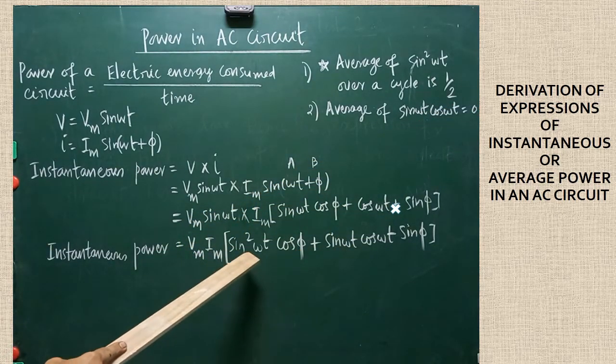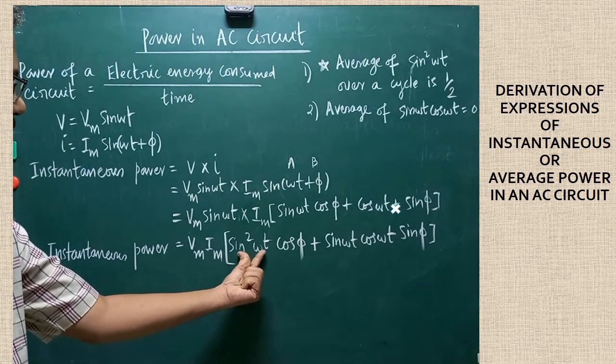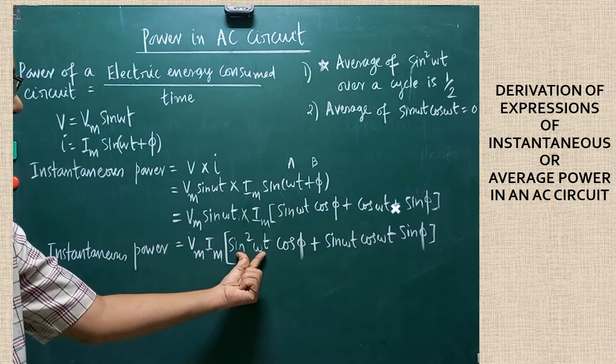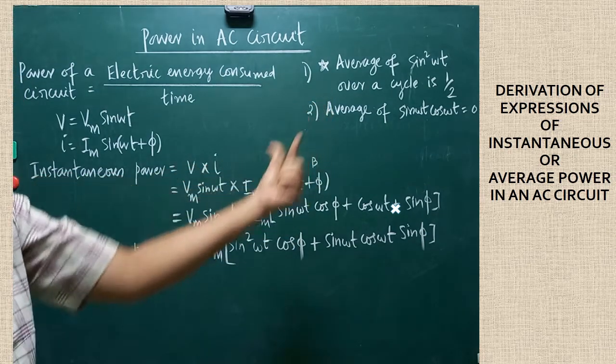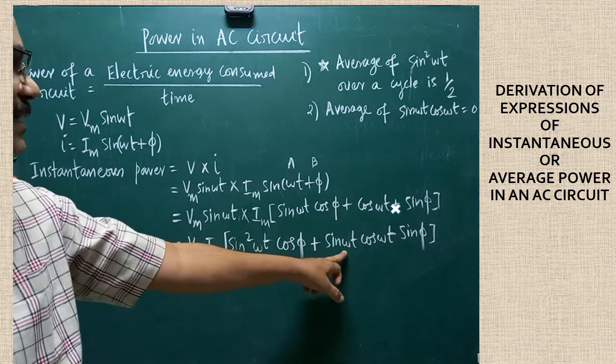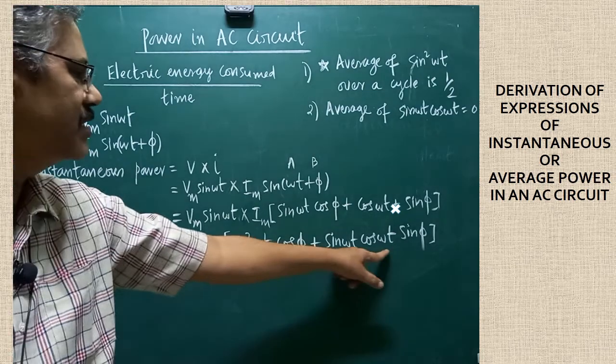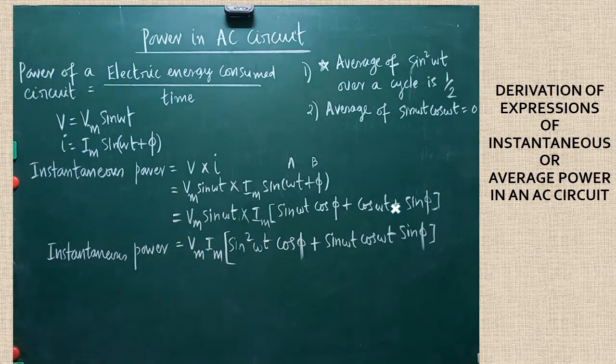Look at the expression, this part. Here we are calculating the average value now. Clear? The next step, we are going to calculate the average value. To calculate the average value, this part must be taken, and its average value is half for a complete cycle. Like that, in this part, sin omega t cos omega t is there. If you calculate the average value of this part, that one will be equal to 0. So these assumptions must be substituted to calculate the average power.